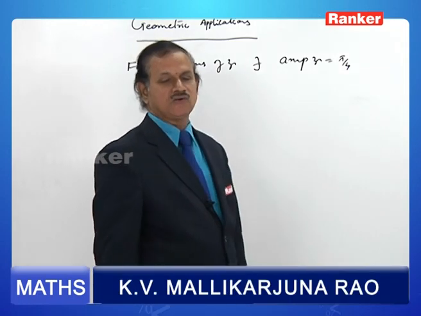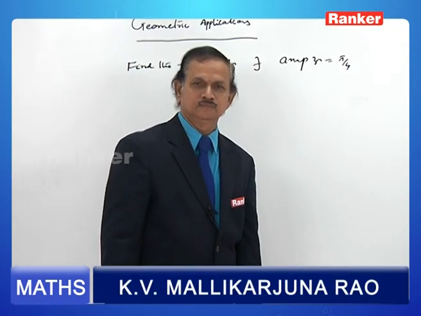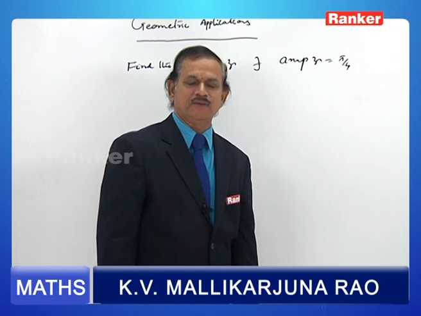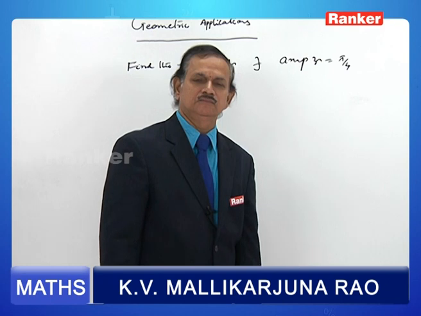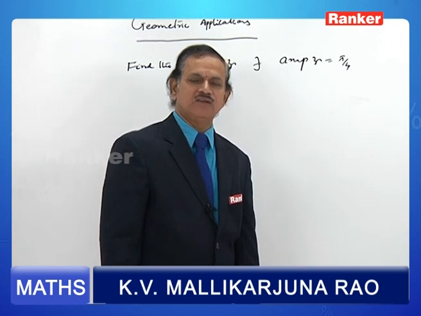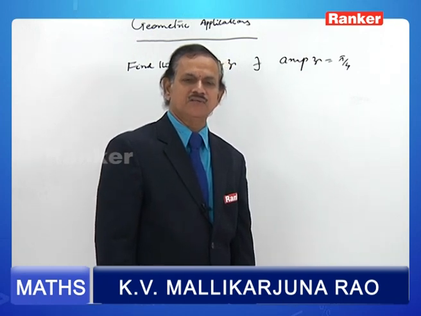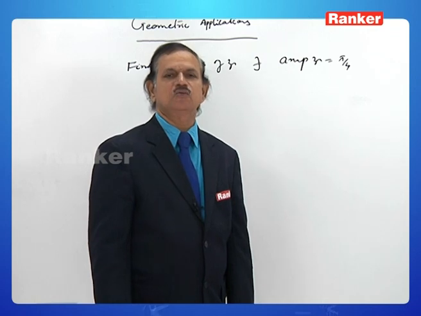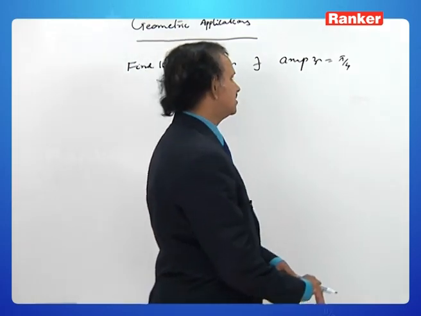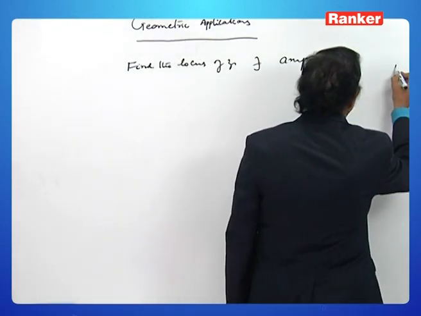amplitude of Z is equal to pi by 4. You need not use pen and paper for this. Let Z is equal to x plus iy. Amplitude of Z is tan inverse y by x. Tan inverse y by x is pi by 4. Y by x is tan pi by 4. Y by x is 1. X equal to y. Hence, the locus of this is the